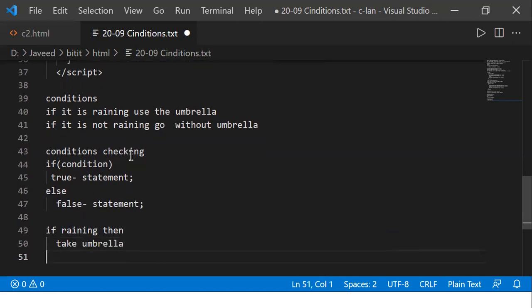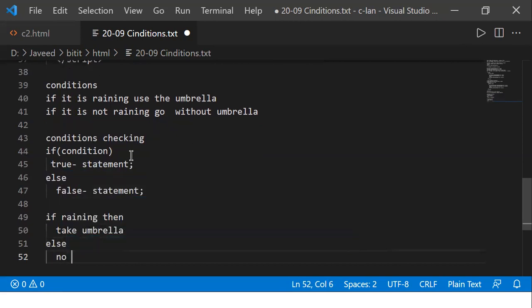Otherwise, no umbrella. If raining, then take the umbrella. Otherwise, it is not raining, so no umbrella.